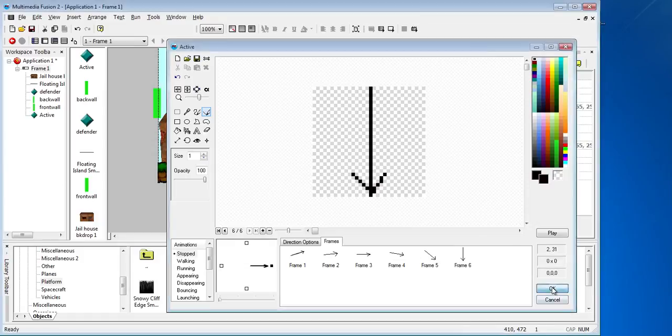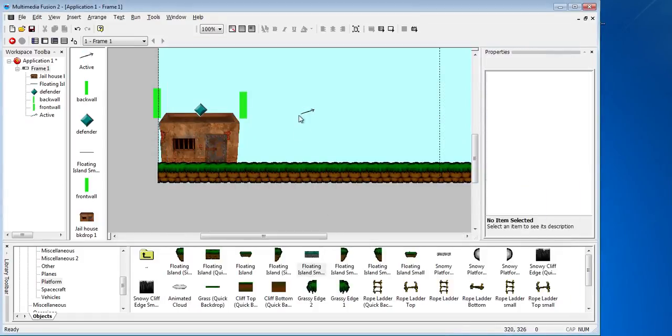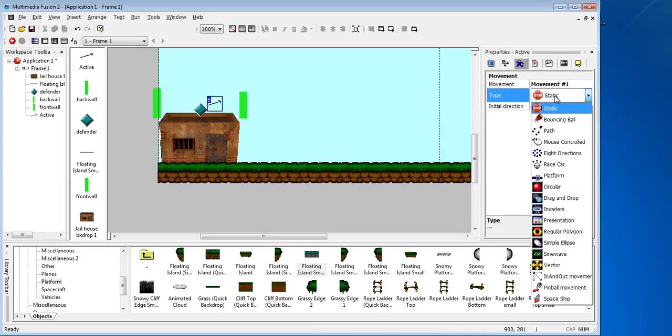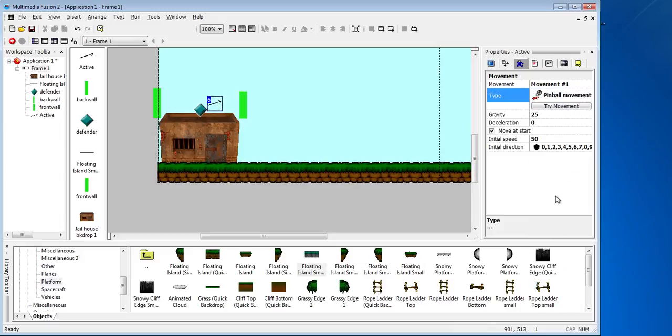So I'm going to click OK. So there's our arrow. We'll put it near the character. It doesn't matter where we start it really. So now we've made the arrow, we need to give it a movement. So go to movement, and we're going to use a new one. We're going to use a pinball movement,